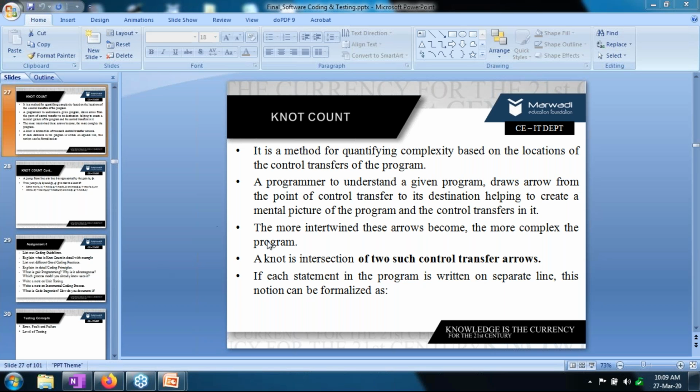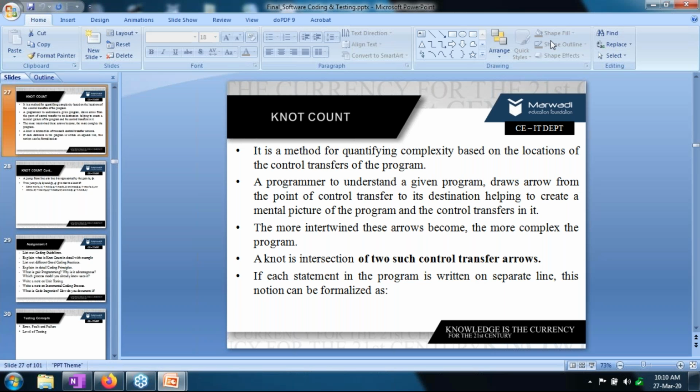Okay, let us understand what a knot is first. A knot is the overlapping of two jump statements in your program. Now, when do I have a jump statement? Suppose I say I'm going from PPT 2 to PPT 27. There is a hyperlink there.